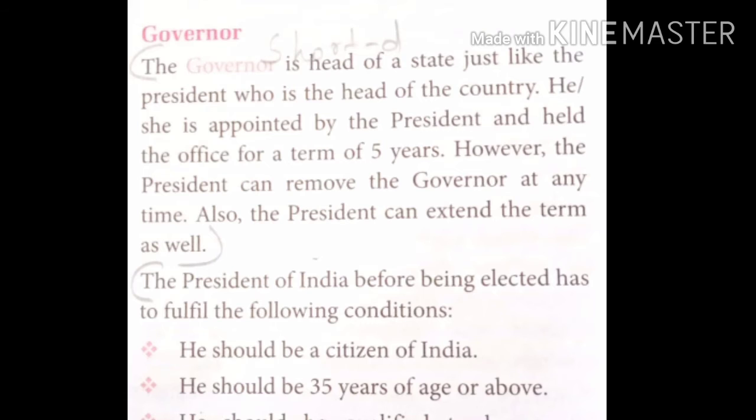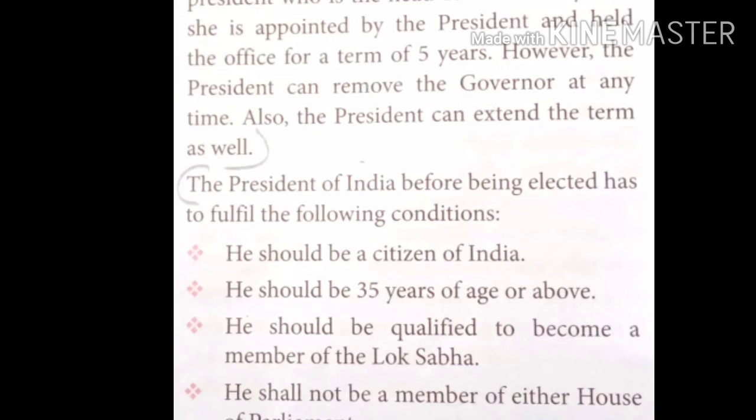अगर ऐसी सिचुएशन हुई तो ये भी प्रेसिडेंट ही कर सकते हैं। नाउ द प्रेसिडेंट ऑफ इंडिया बिफोर बीइंग इलेक्टेड हैज़ टू फुलफिल द फॉलोइंग कंडीशंस। द फर्स्ट कंडीशन इज़ ही शुड बी अ सिटीजन ऑफ इंडिया। तो इंडिया का प्रेसिडेंट होने के लिए सबसे जो पहली कंडीशन है वो क्या है? ही और शी शुड बी अ सिटीजन ऑफ इंडिया। पहले तो वे भारत के नागरिक होने चाहिए।